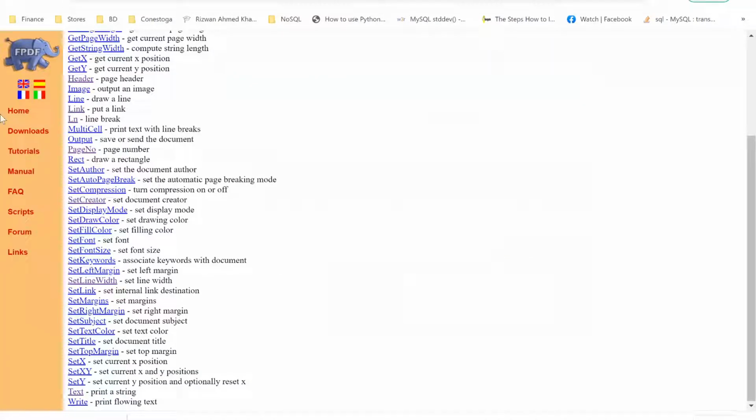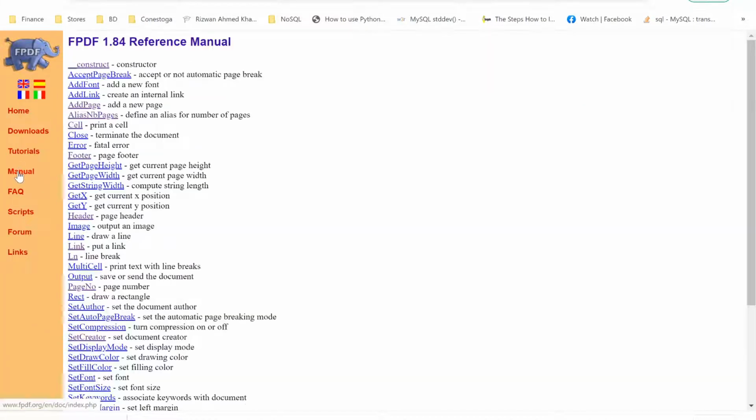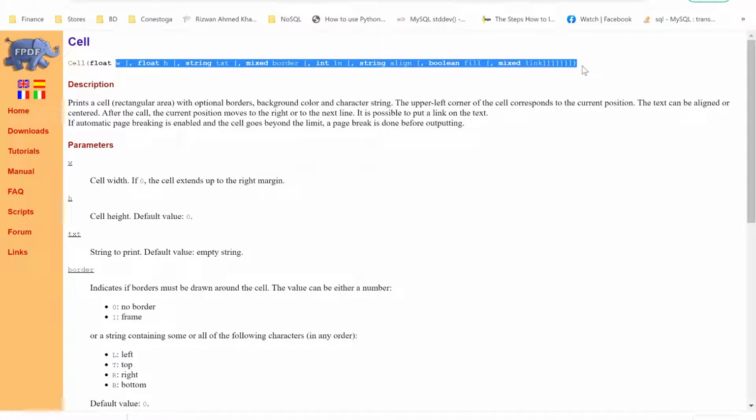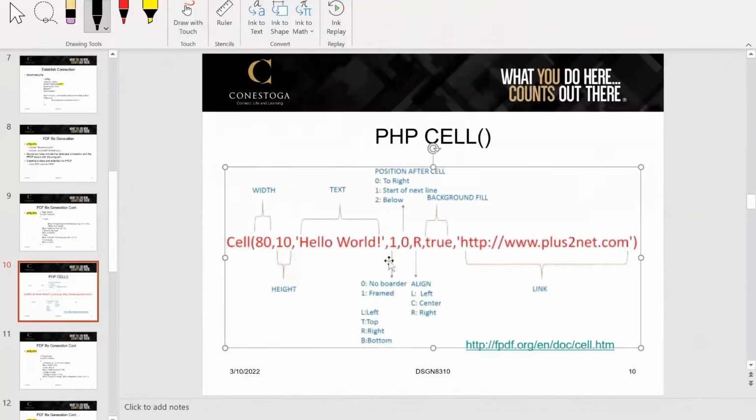Let's close this one. If I go to the manual, you can see this cell, and all those parameters are defined here. So even if you don't like this slide explanation, you can actually go back to the FPDF library website and